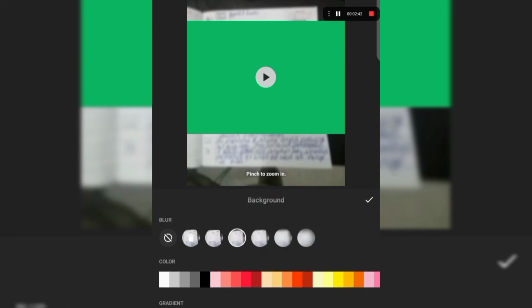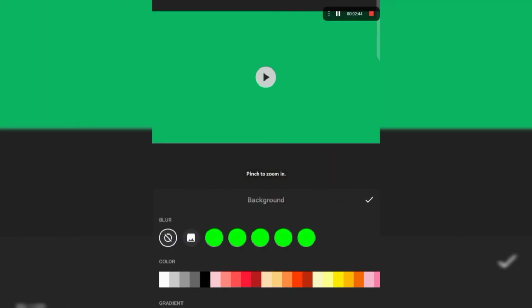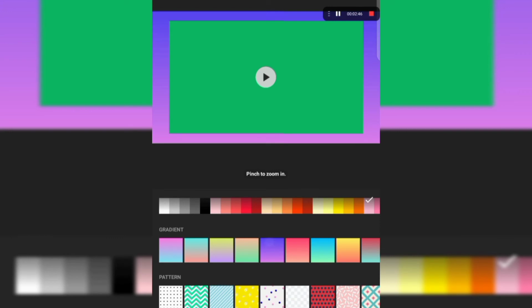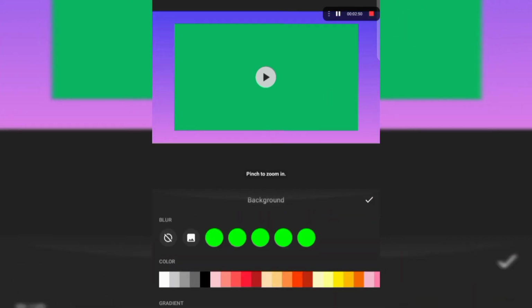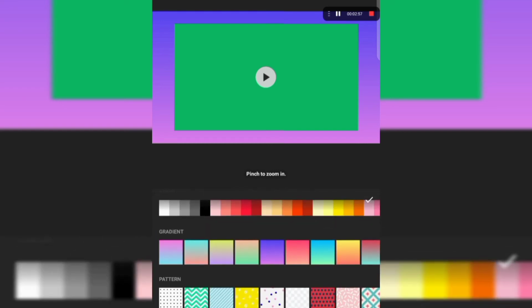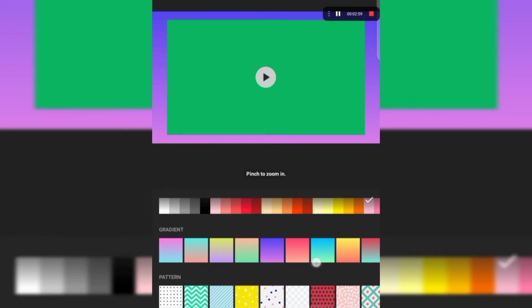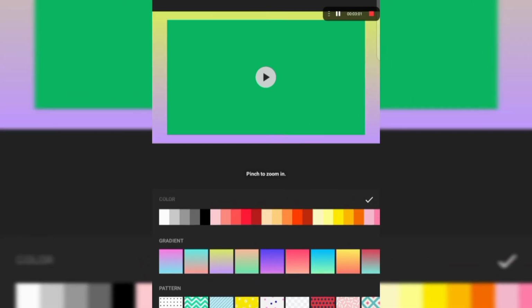So here is the blur option also. Blur option is mostly there, but it's not showing. I don't know why. It shows here, but I don't know why it's not showing. Maybe some issue.